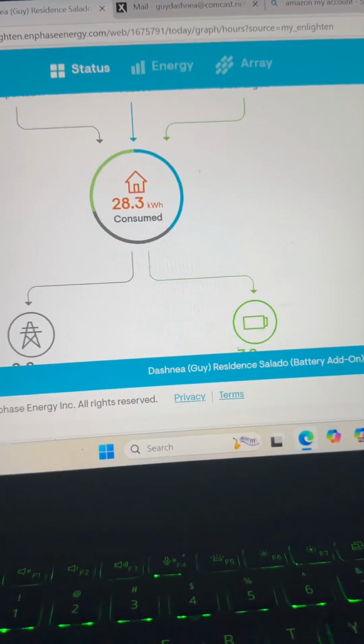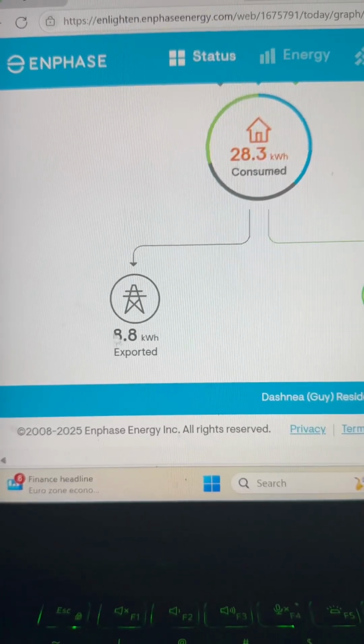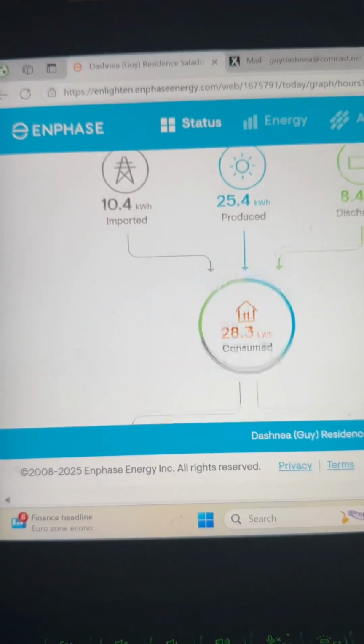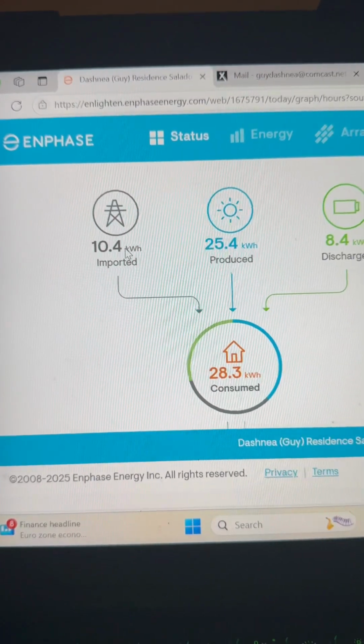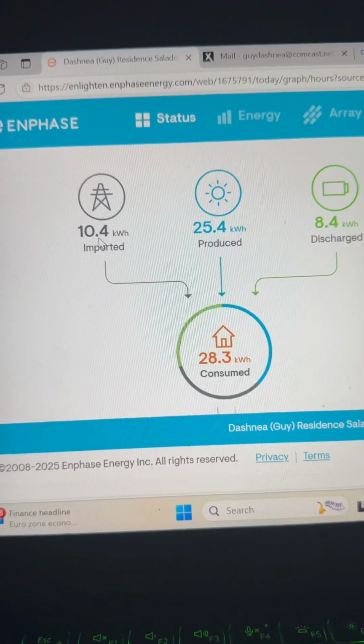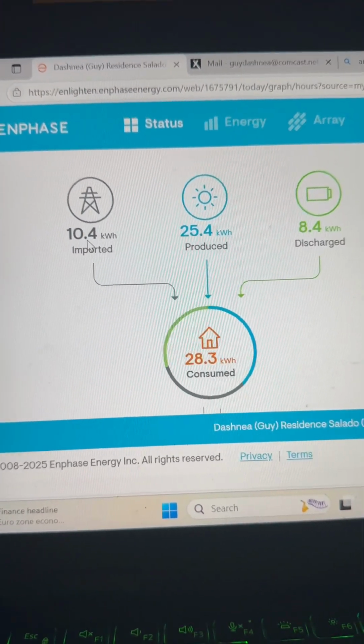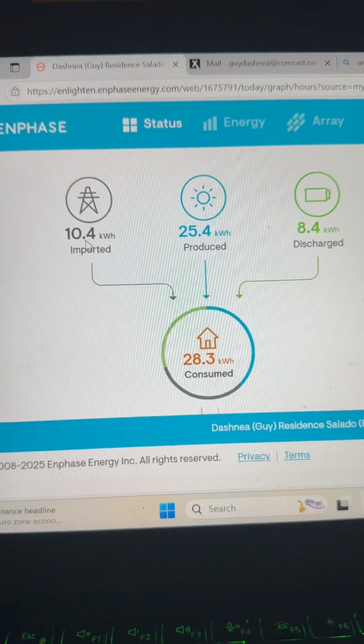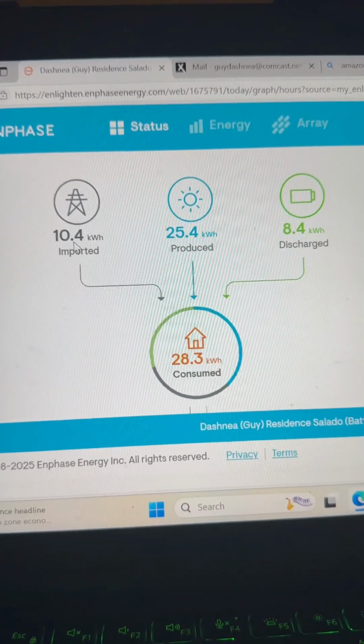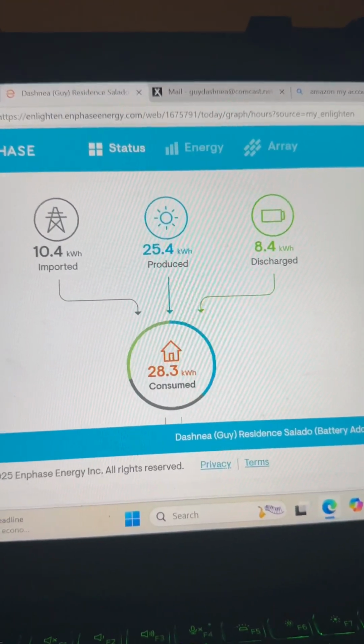So pretty well, usually this is 15, 16, 18, and this is about 4. So I'll use like 0.2 kilowatts or maybe even a kilowatt a day with the battery. That's all I'll use because I have automatic set for